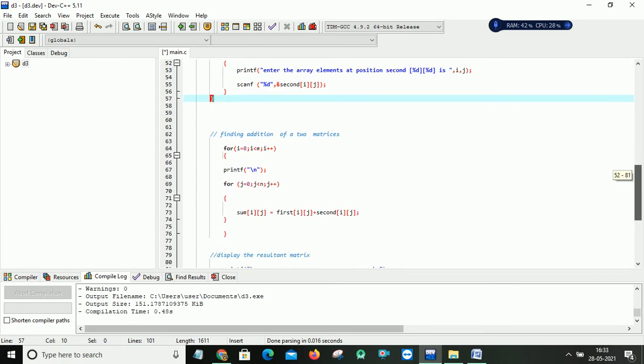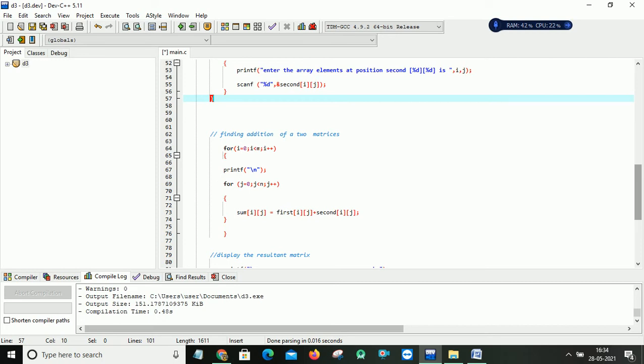After reading the first and second arrays, now I have to write the logic for adding two matrices. So what is the logic here? I want to take the same position elements from the two arrays, and after adding, I want to store my result in the same position. For example, I take the 0 0 position element from the first array and the second array and add them, and after that I save the result in the same position of my resultant array.